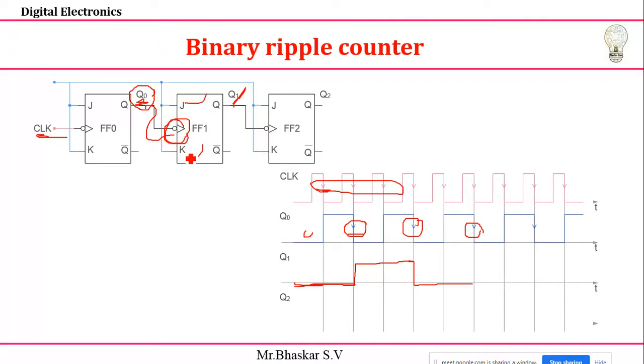But the change is happening with some delay because of this. Once this output arises, then only this is happening, right? That's why Q1 totally depends upon Q0. So then negative edges of this one, this is 0 becomes 1, next 1 becomes 0. Clear about this one, how I'm getting this Q1 value? Is it clear?